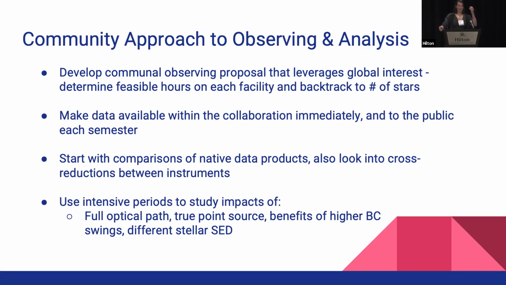Yeah, and then the other idea that was exciting was if we are observing the same stars with the same sets of instruments, to try and work towards doing cross reduction. So taking the raw data from one instrument, running it through the pipeline of the other instrument. And that would be another way to help distinguish what each pipeline is doing exceedingly well versus maybe a bit suboptimally, because at this point, all of our instrument pipelines are kind of bespoke creations, and it would be good to have an apples to apples comparison as much as we can with those.